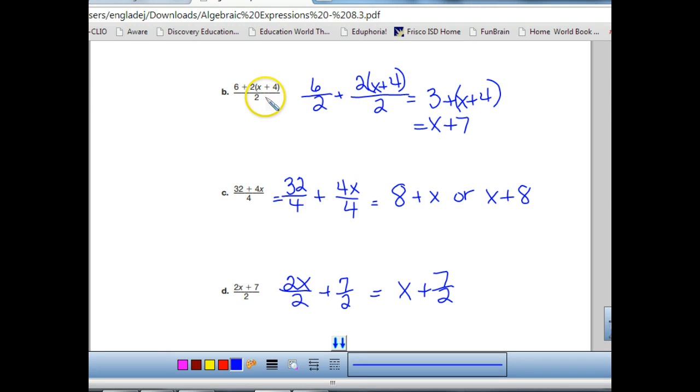Okay, so here are my answers for B, C, D, E, and then I do have E on the next slide. So if you haven't done E, go ahead and do that right now. Part B, I went ahead and I kept those 2 quantities of x plus 4. I like that whole idea of, if I have 2 quantities of x plus 4 and I divide by 2, I'm going to end up with 1 quantity of x plus 4. It makes it a little bit easier for me. So I got x plus 7 for part B, x plus 8 for part C, x plus 7 halves for